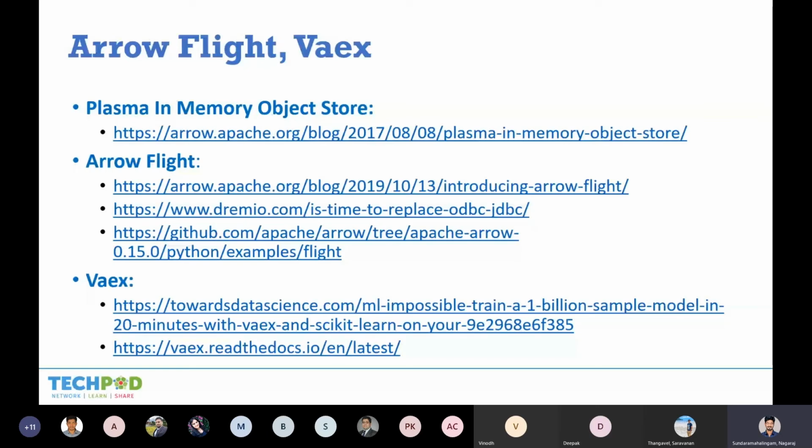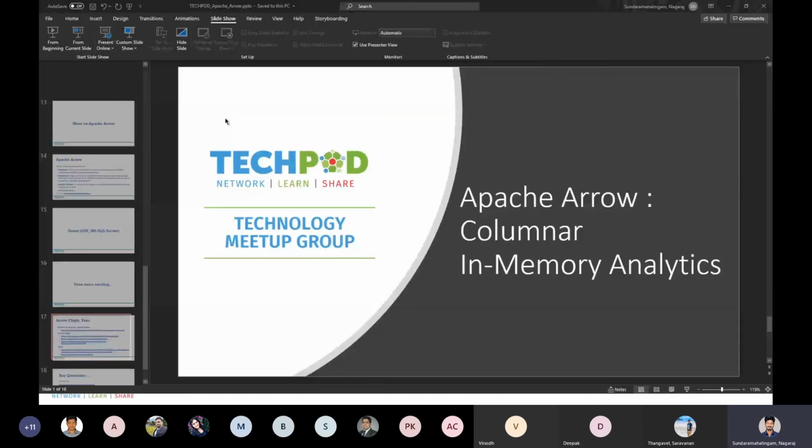And there is an amazing project in Apache Arrow called Arrow Flight. I'll tell you what it is.